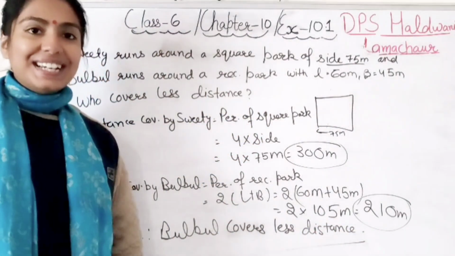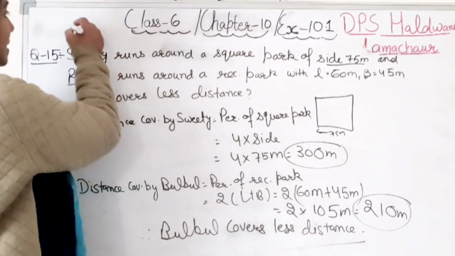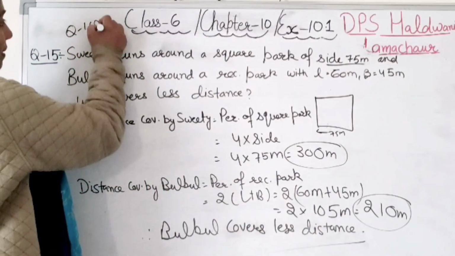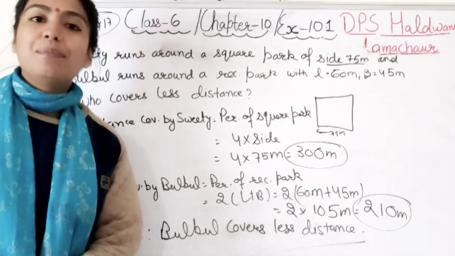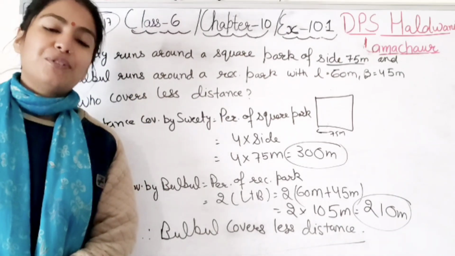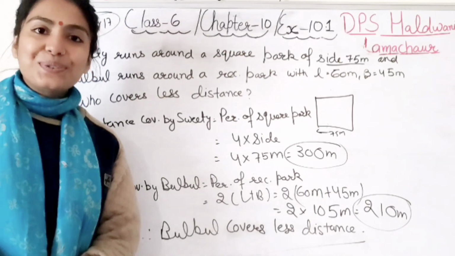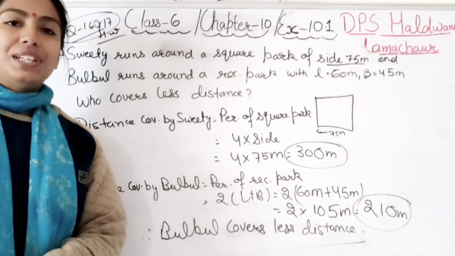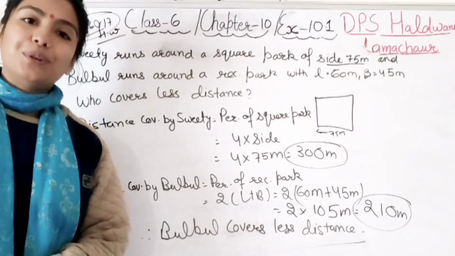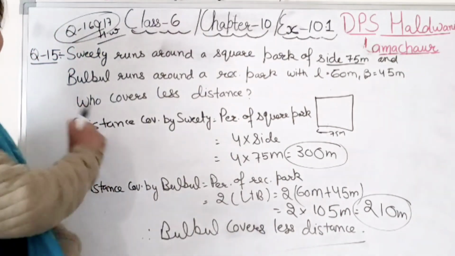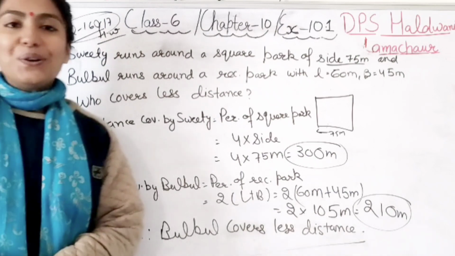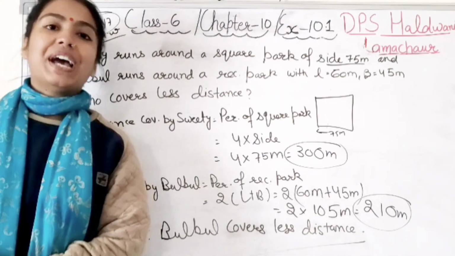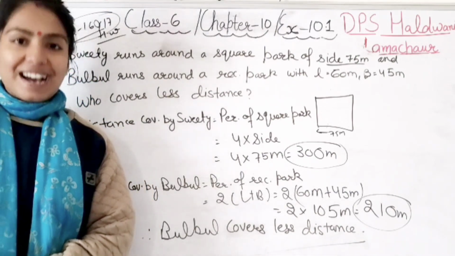So that's it. Two more question we have. Question number 16 and 17. No difference is there in both the question. Both the question are of same kind. You have to find out the perimeter of a given figure. That's it students. If you can do in the book itself only student, no need to do in the notebook. Okay, till question number 15 only you have to do in the notebook. Right student? Very simple concept, no? And the same concept we have learned in our previous class.